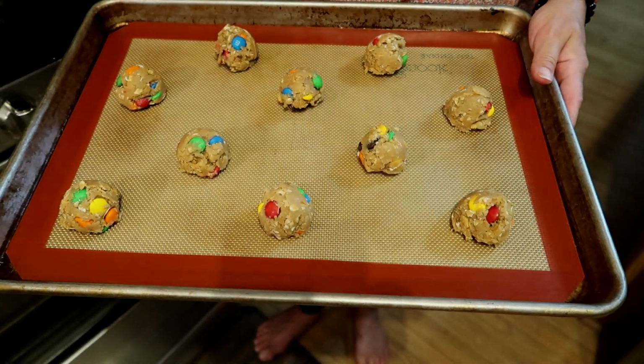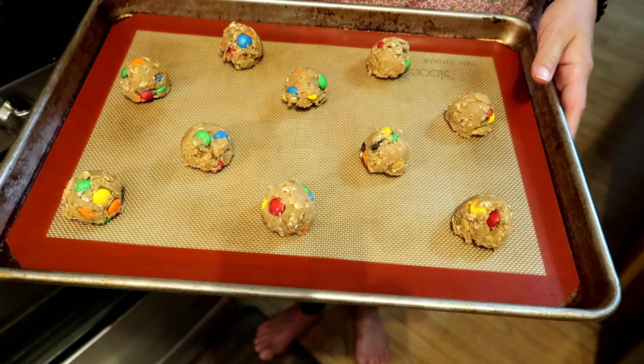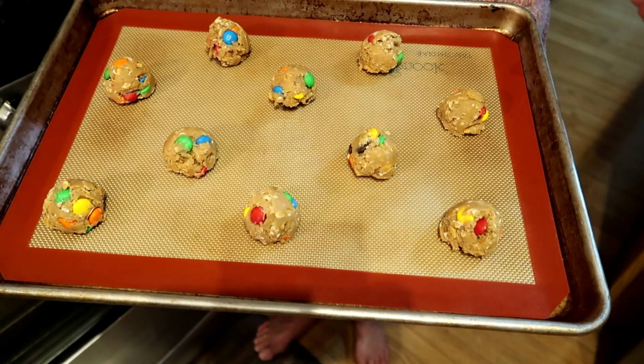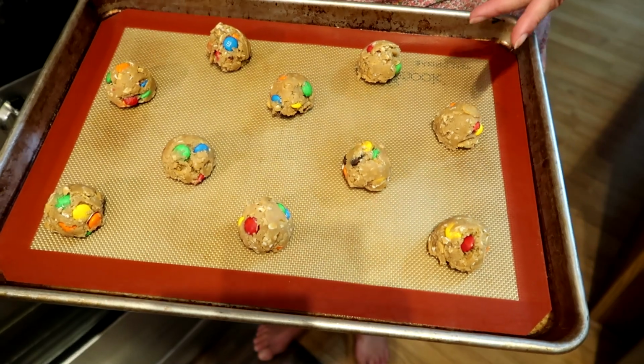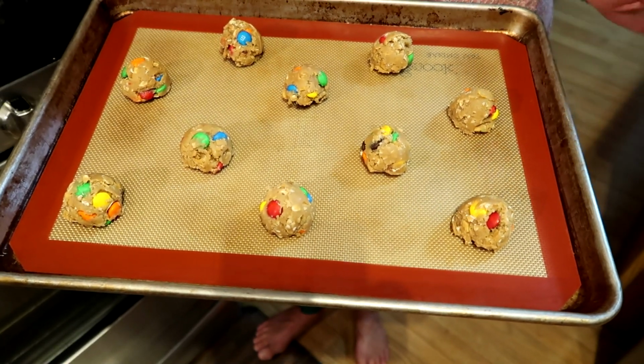So we've let our cookie dough chill for a couple hours in the refrigerator and scooped it out using a 2-tablespoon cookie scoop. Usually we'll make smaller cookies around here, but monster cookies have to be at least a little bit monstrous. We're going to put these into a 350-degree oven for about 12 minutes and let them bake until